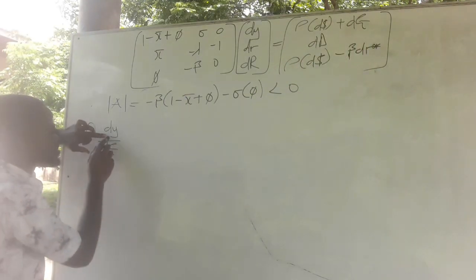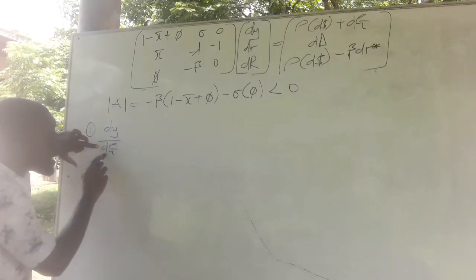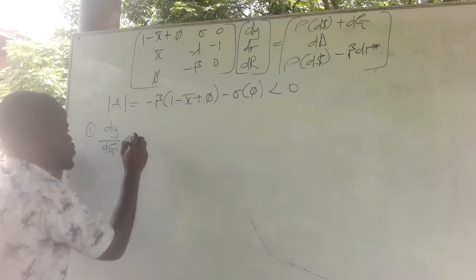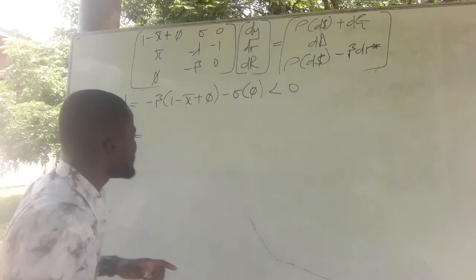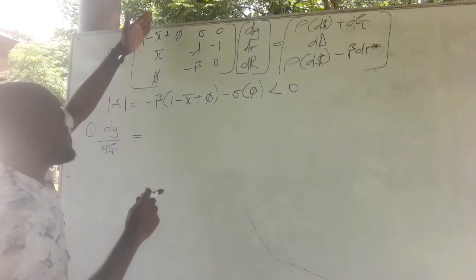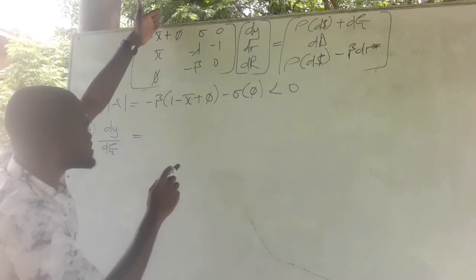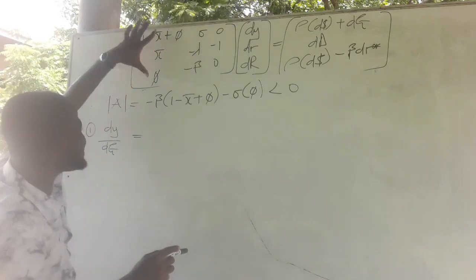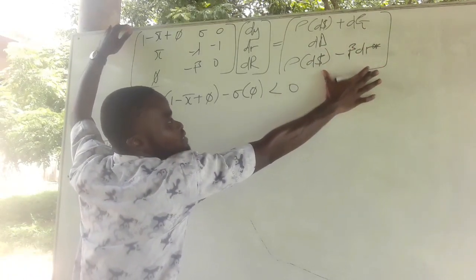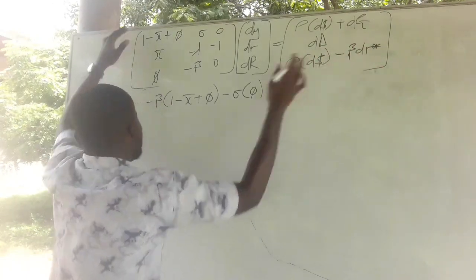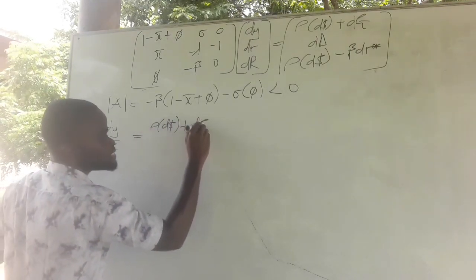So it implies that what we want to do will come up: the variable of interest, the Y, divided by the policy. So we form a new matrix. Now, in forming a new matrix, what we have to do is clear the first column, because the variable of interest here is the Y, and the Y has its parameters in the first column. So we clear the first column, which belongs to the Y, and replace it with everything we have at matrix B. So we will get rho the dollar plus the G,